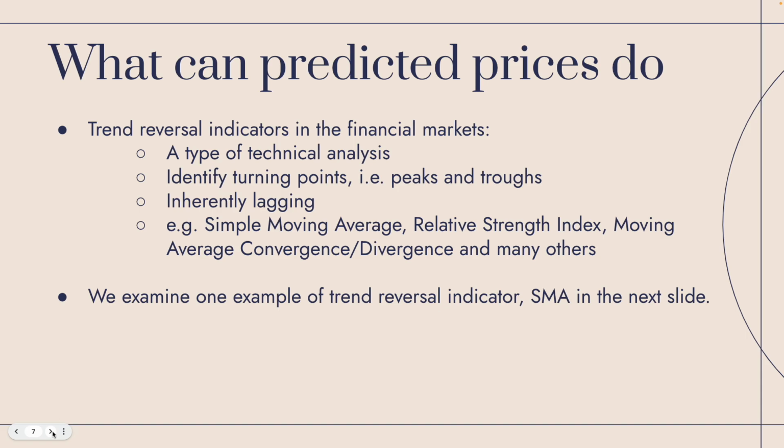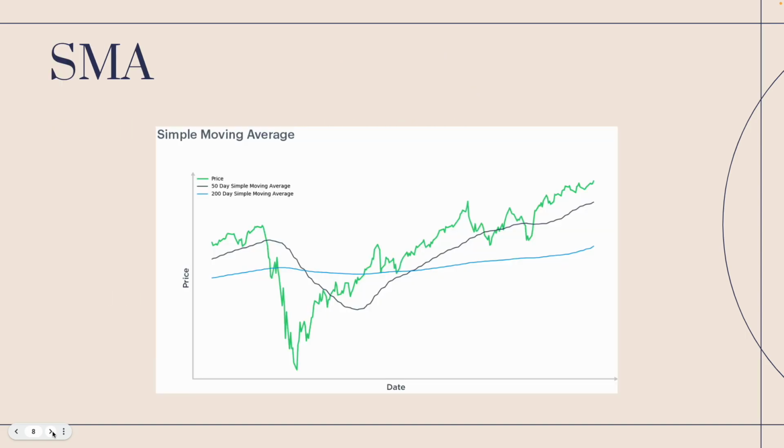However, most of these strategies incorporate some form of moving averages, resulting in most of the indicators performing poorly as they lag. We explore one example of that in the following slide. The SMA is formulated by creating two lines, the slow blue line, which is the rolling average of 200 days, and the fast black line, which is the rolling average of 50 days. The crossing over of the slow line above the fast line corresponds to the sell signal and vice versa for